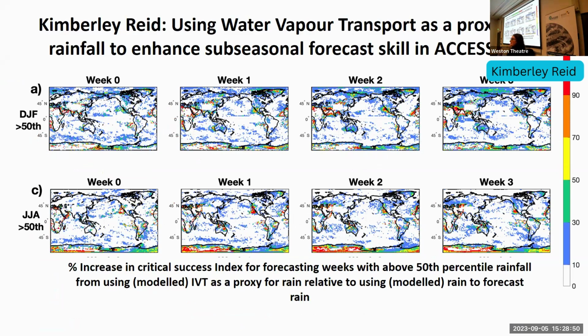However, the larger scale weather systems are forecast a lot better, including the horizontal water vapor transport, and horizontal water vapor transport is also highly correlated with rainfall. So at sort of 3 to 4 week scales, there are some locations and seasons where if you actually just use the water vapor transport instead of the rainfall, you get higher forecast verification skills. And we think this is due to uncertainties being caused by the parameterization schemes.